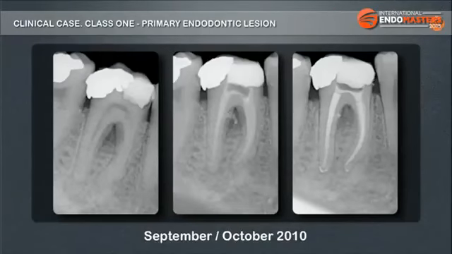Here is another classical presentation of the class 1 primary endodontic lesion. This patient was referred to my practice, and at the time of exploration, the patient was symptomatic. The tooth showed a large leaking amalgam restoration. There was a fluctuant swelling in the buccal gingiva, and the tooth did not respond to the cold test. There was a deep and narrow probing of up to 10 mm in the buccal furcation area and a class